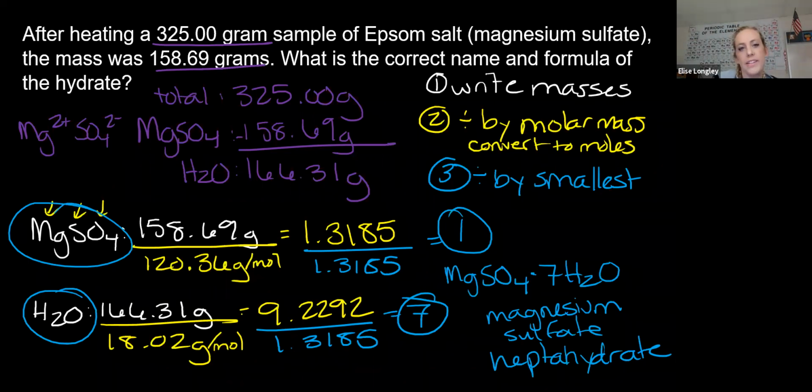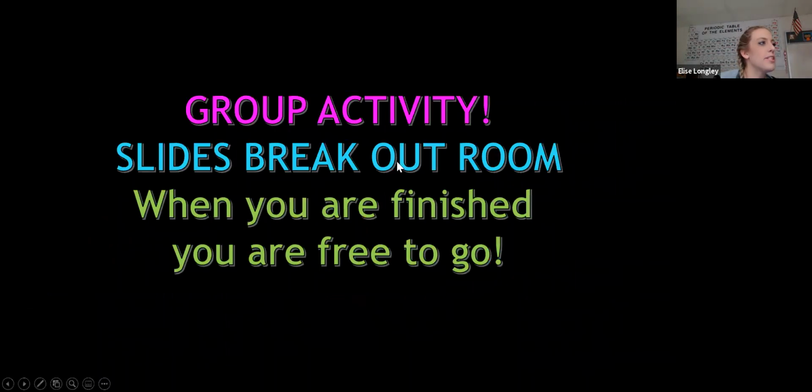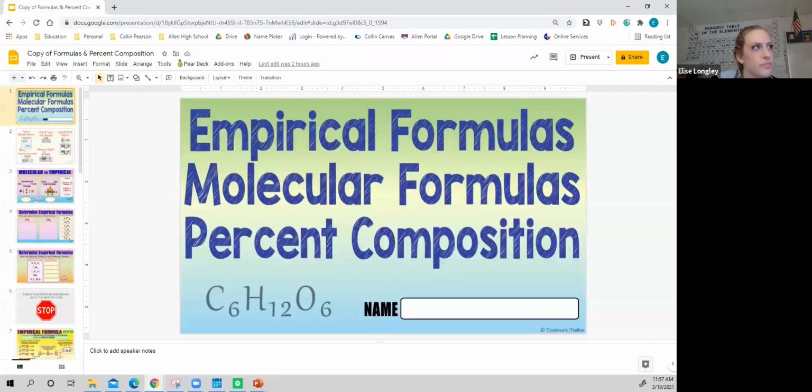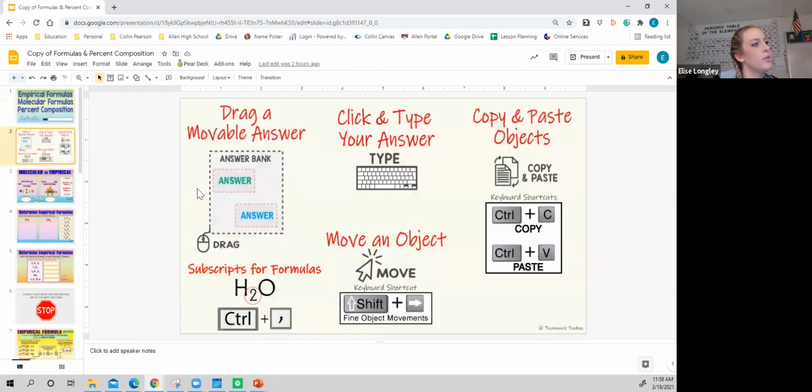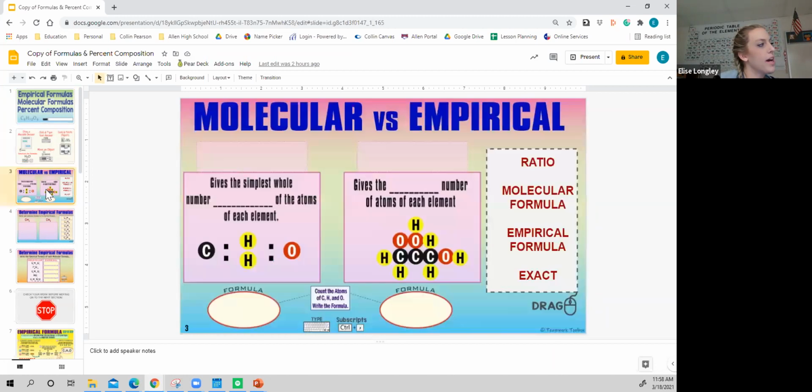All right. So now, guys, we're at that time of the day where we're going to do a group activity. So let me show you what that activity looks like first. So this is what we're going to be doing. So a couple notes. You can have examples of how to work each thing here. This is all the options that you have.